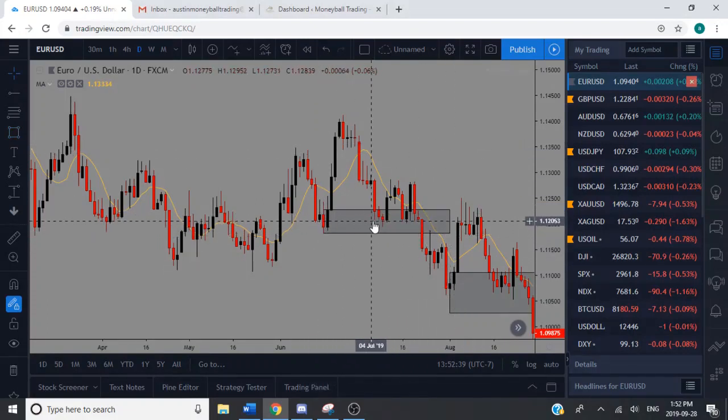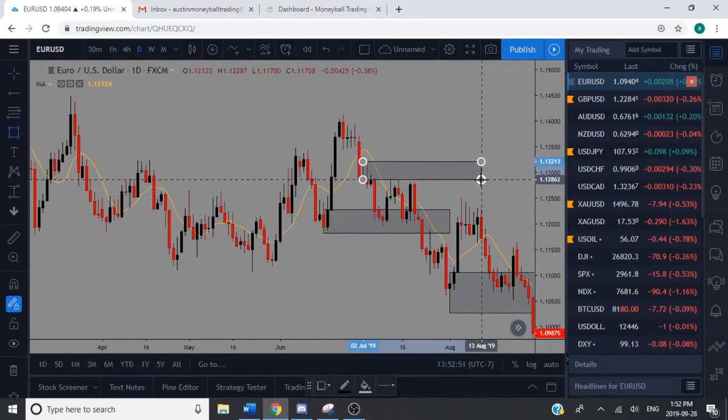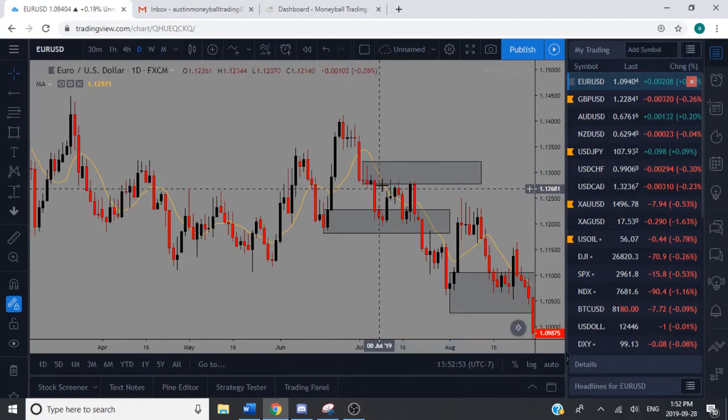Drop-based rally demand, prices worked, came into the demand, came up, touched the supply. You were not able to look for buying opportunities down here because you didn't have the EMA on your side. But if you are looking for selling opportunities here, you would be able to, because you had the EMA bouncing off of your supply zone. So you had the EMA on your side and you had price in supply. That would give you the ability to look for selling opportunities